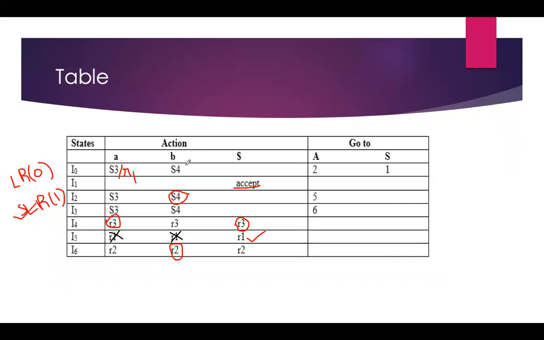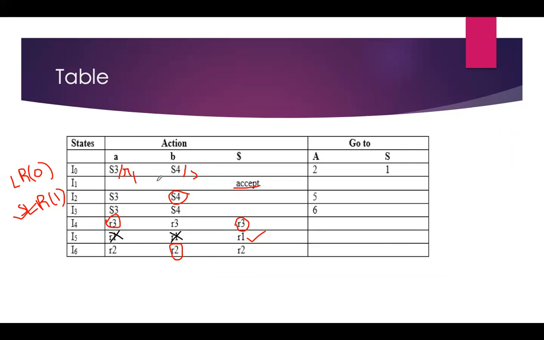Instead of S, here I am getting one more shift, S5. This is called a shift conflict. If shift-reduce or shift conflicts occur, then it is not an SLR(1) grammar. If no conflicts occur, then it is called an SLR(1) grammar.